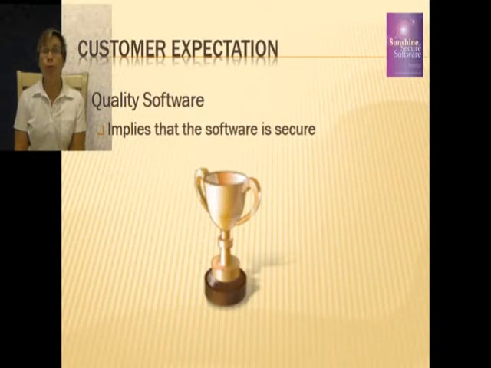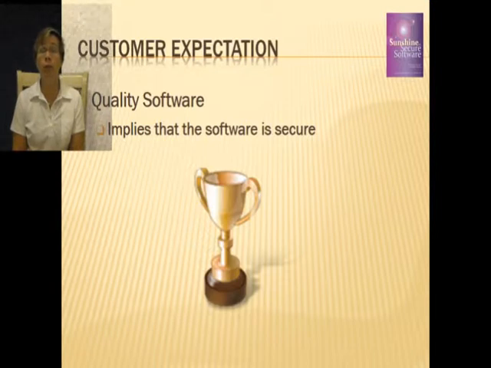The term quality software actually implies that the software is secure. Quality software means that the software should already provide security, privacy, and compliance, as well as reliability. When purchasing software or the use of a product, the end user or client already has the expectation that the software is secure. This is true even of us as consumers. When we purchase software at a retail store and install it on our home computer, we expect that software to already be secure. The purpose of this book is to show how project teams can deliver quality software and meet